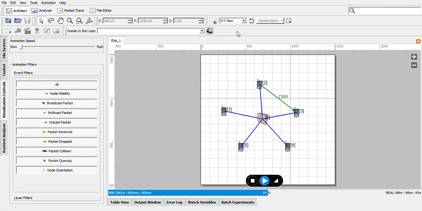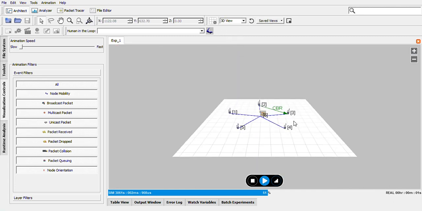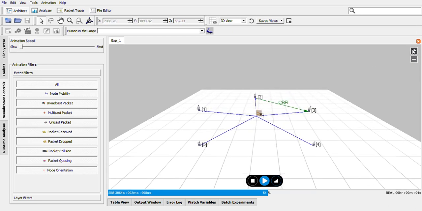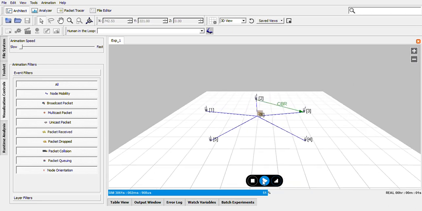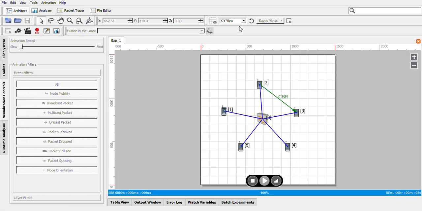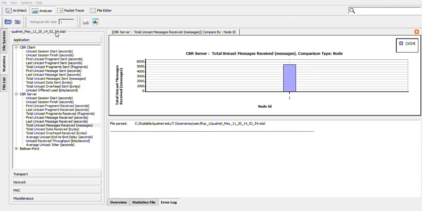If you want to view a 3D view, you can click on 3D view, and you can zoom either by clicking here or scrolling the mouse button. Then if you click on this, this is how you can view the same topology either in 3D view or two-dimensional view like this. This is only for your information. Then as I said, we have executed two steps: created, executed, and finally go to the analysis part.